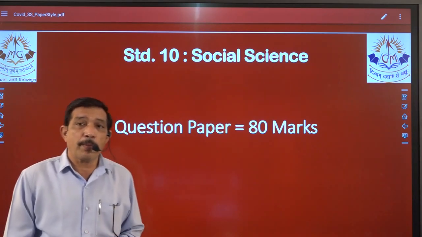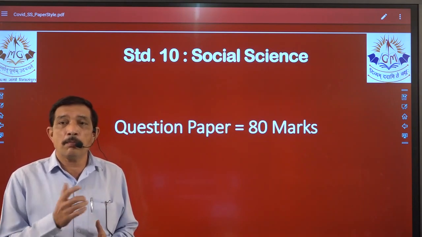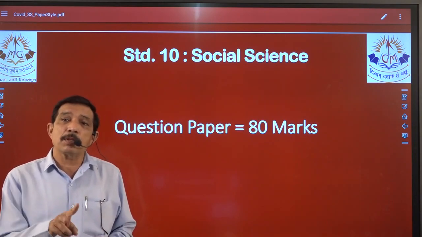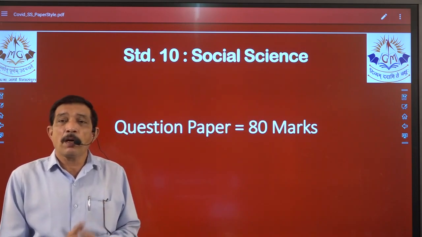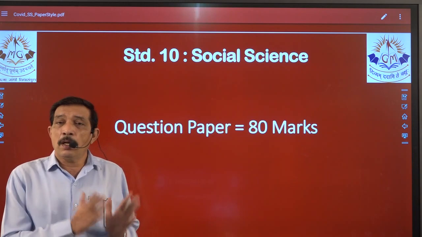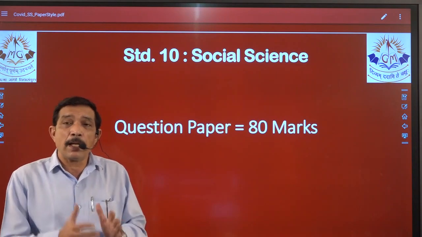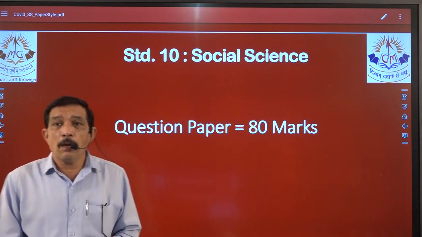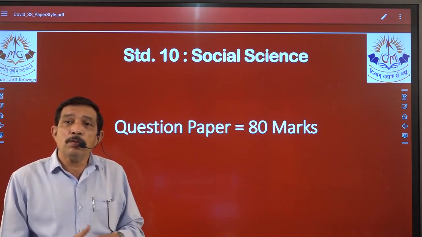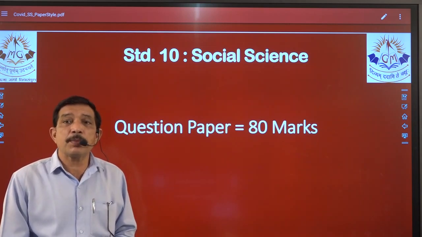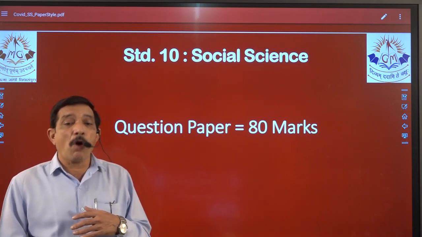So students, please be prepared with 2-3 things before we start. First, at least a rough book with a fresh page, pen, pencil, both of it, and plus both the materials, the first term material and the second term material that has been provided to you, right? And be ready with the index page where chapter number is given, chapter name is given, and opposite it the page number is given. Right there in that column we have to write the marks weightage, so that whenever you are working with the material, you can instantly go back to the index page to see the marks weightage for that particular chapter which you are preparing, so that you can prepare it in a better way.